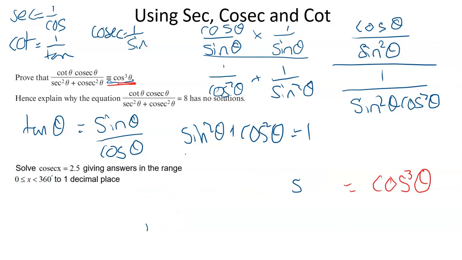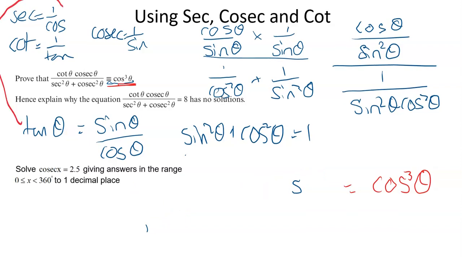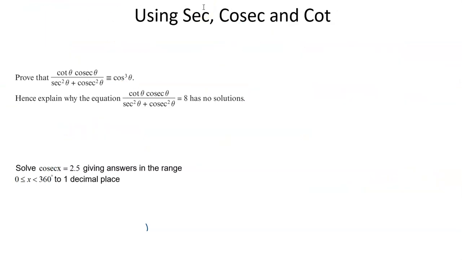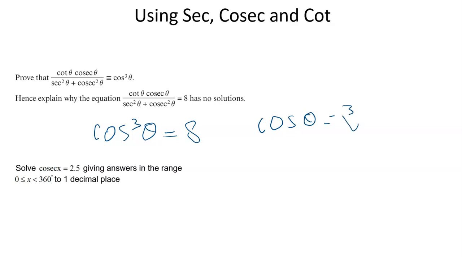So now we've solved all that, proved all that, we can now do part B of the question. Hang on, let me just get the right tool up to get rid of all the annotations. Okay, so now, hence explain why the equation has no solutions. Well, this fraction is just the same here, so we can rewrite that as cos cubed theta equals 8. Okay, if cos cubed theta equals 8, then cos theta is the cube root of